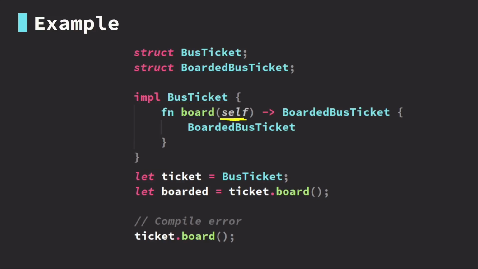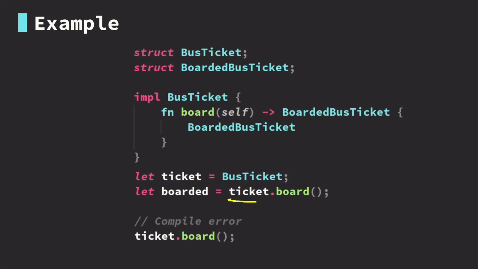We've almost exclusively used a reference to self in most of these cases. However, now we're just doing self with no borrow. This means once the board function is called, the bus ticket will be destroyed. In the body of this function, we just return a boarded bus ticket. To utilize the type state pattern, first we'll create a ticket, which is a bus ticket, and then we'll board